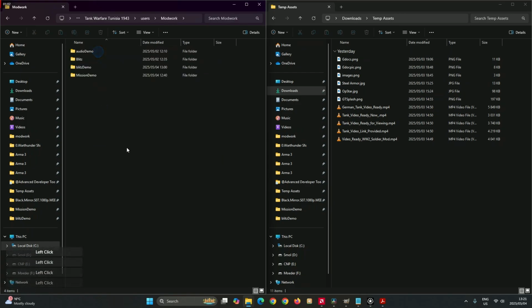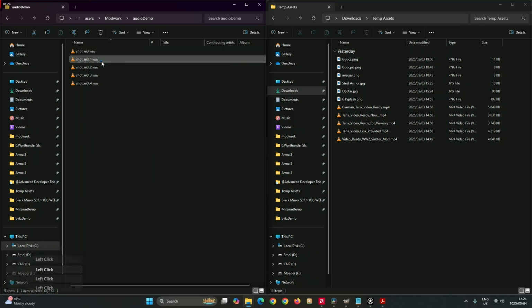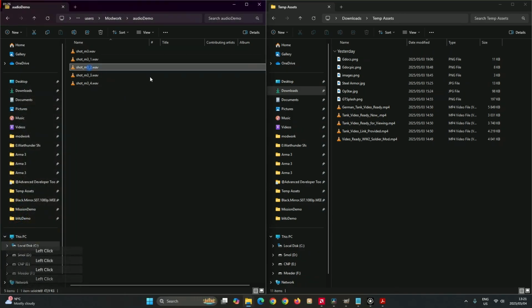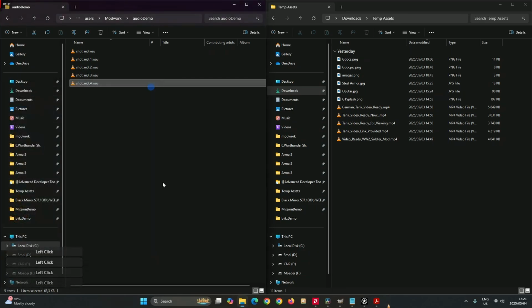Okay, so under my modification folder, under users, Modwork, I've got an audio demo here that we're going to be using today. This is just a sample audio file, just so that we can specifically see which audio file is replaced. So you'll see here shot 1, shot 1, shot 2, shot 3, shot 4. As I mentioned, the reason for that specific one is just so that we can very easily see when it is in fact